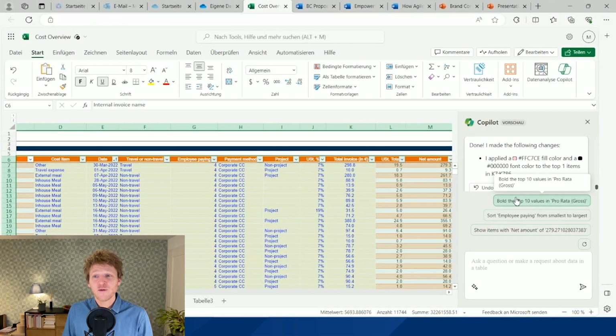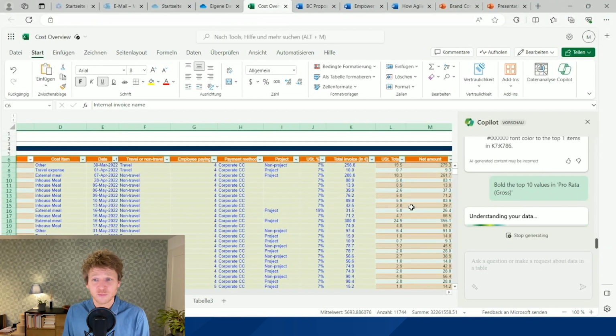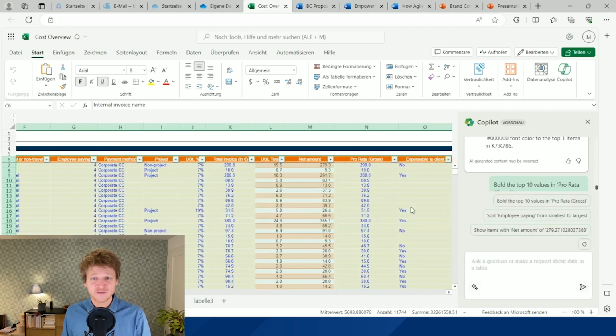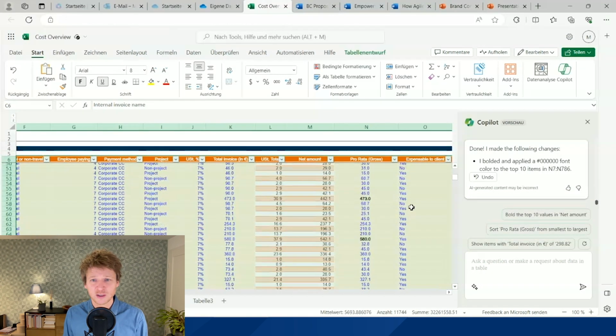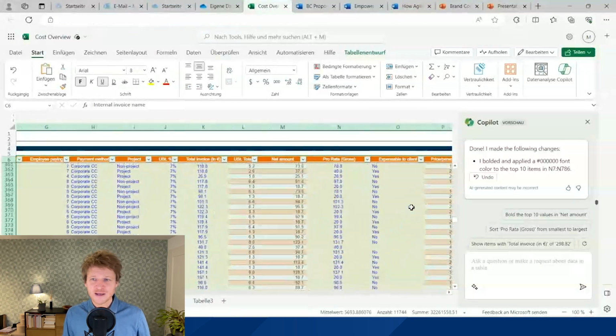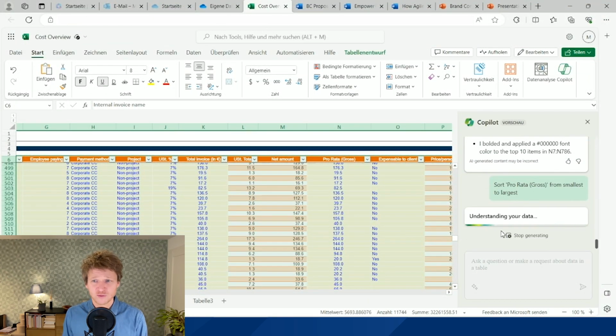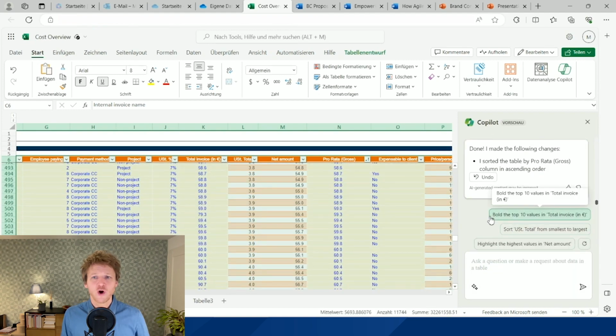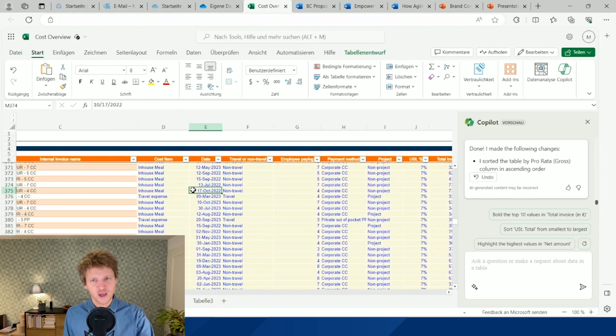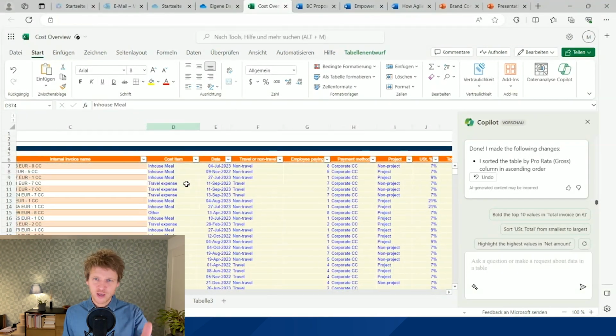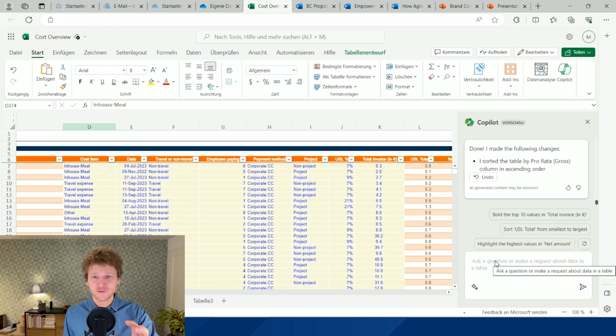So now I want to say I want to bold the top 10 values on ProRata. Again, that's something that Copilot can do for you very quickly. So you can find the top ones. You can sort. You can do all that stuff. That also worked. Very important to note: Copilot in Excel always requires to have a table, like a table element. It cannot